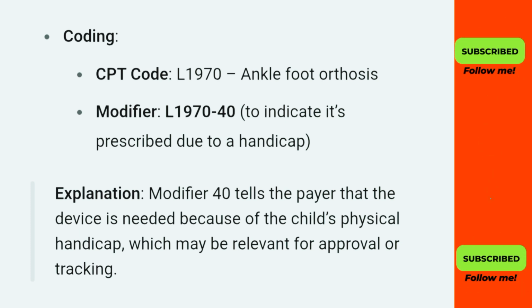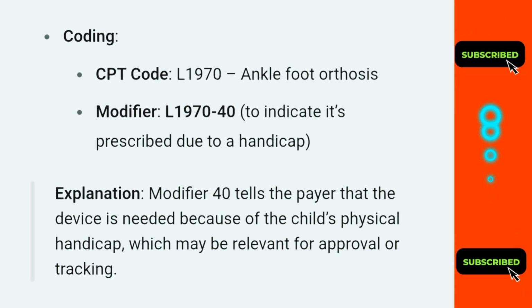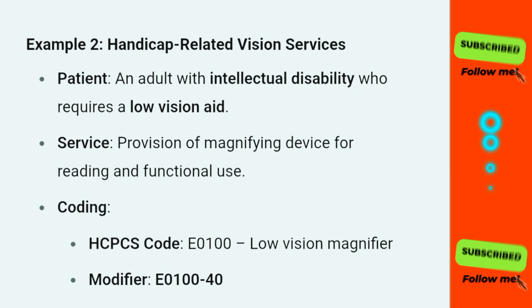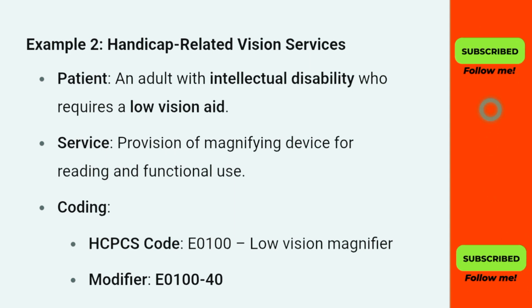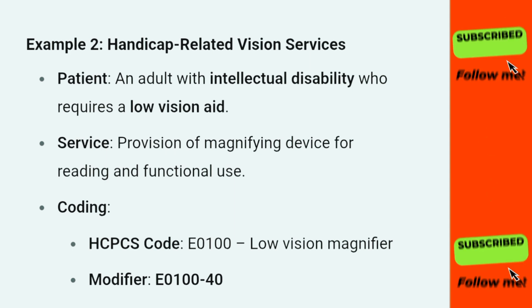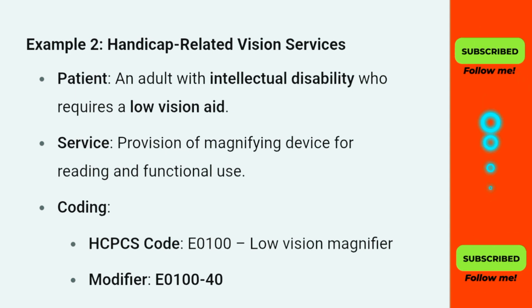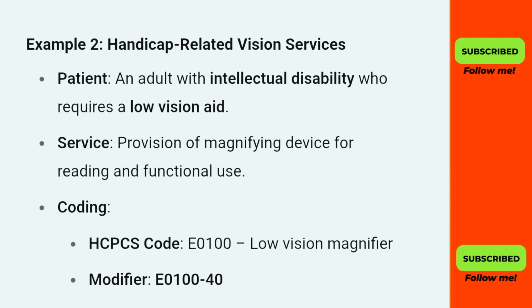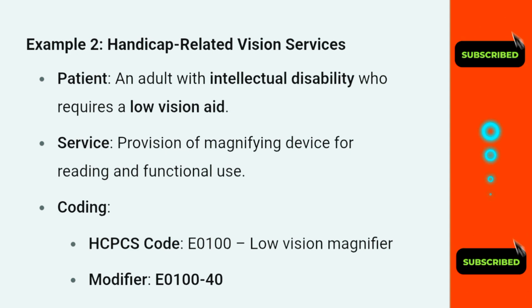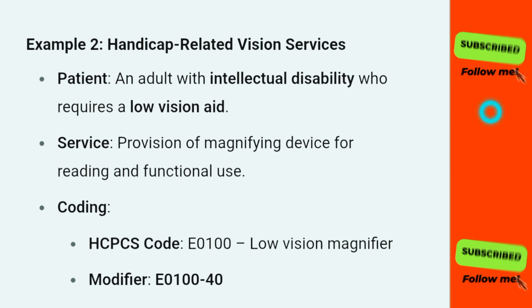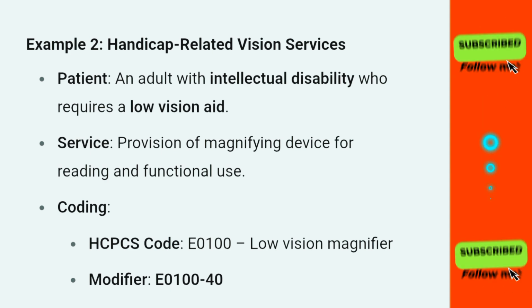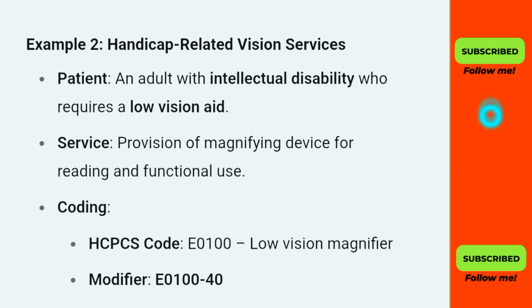Viewers, with modifier 40 here, the payer requires the device for patients with walking conditions. Okay, so example number 2 is handicap related vision services. An adult patient with an intellectual disability requires a low vision aid service, provision of a magnifying device for reading and functional use. In this situation, the patient is unable to read properly and needs some low vision aid. When we come to create a claim, we will have a code